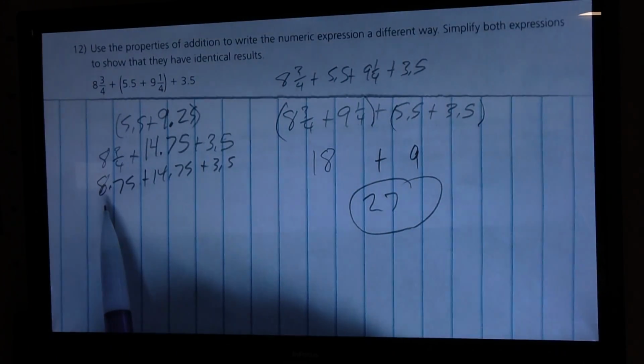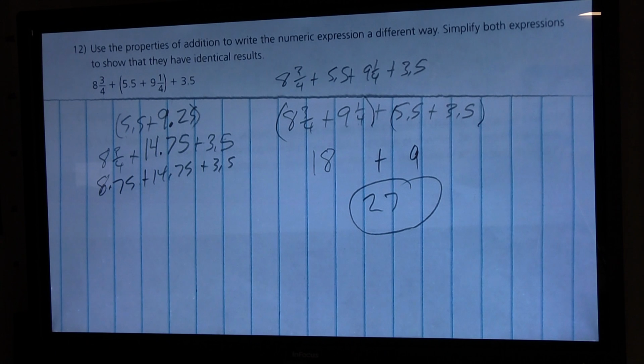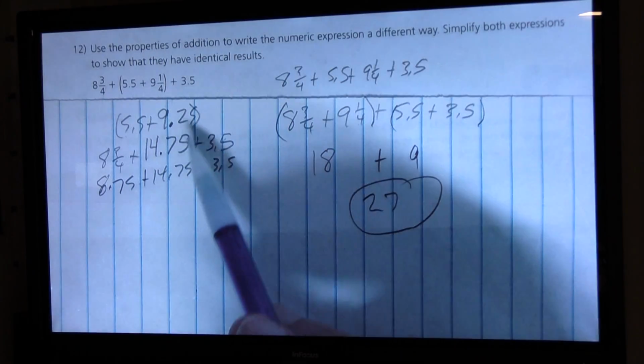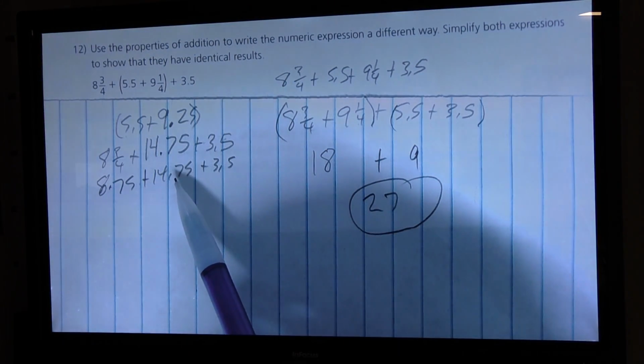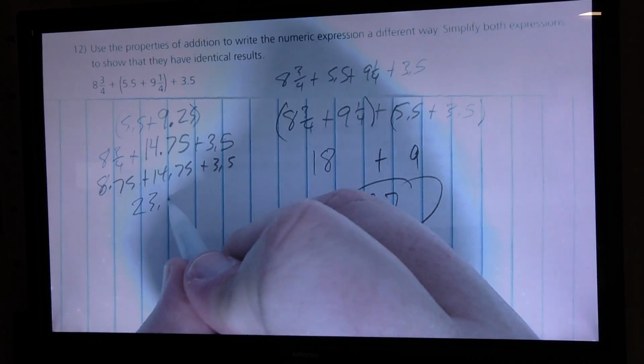All right, so this one here is difficult to do the mental math with. It's kind of difficult. Now 0.75 and 0.75 is going to be a whole and a half, 1.5. So I could have 8 plus 15 1/2 and get 23.5